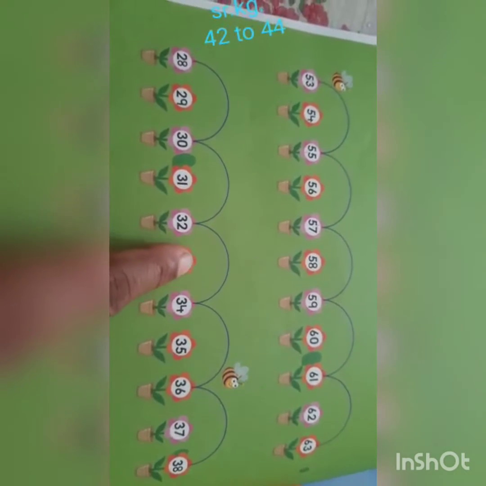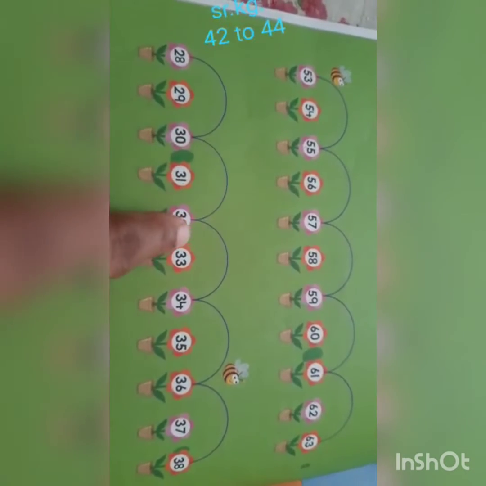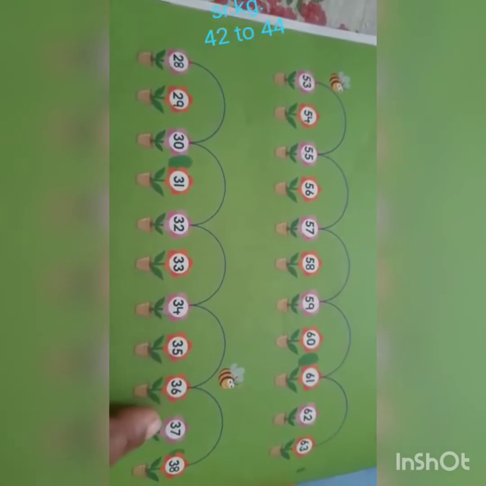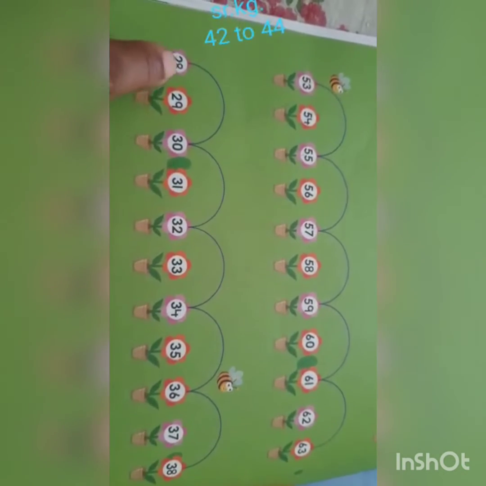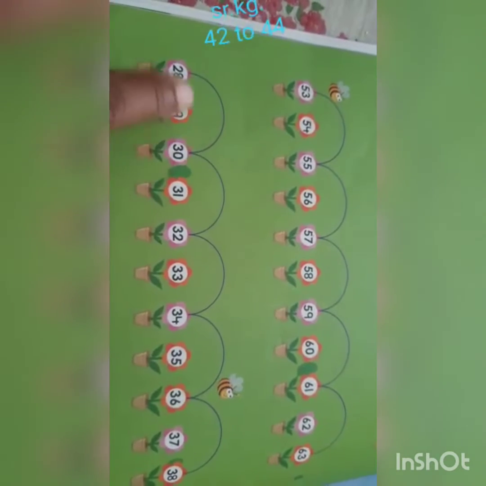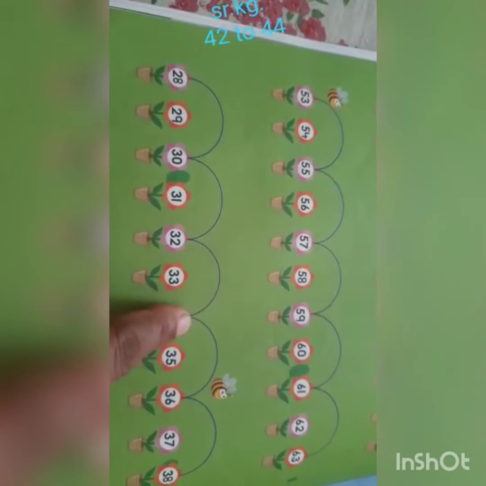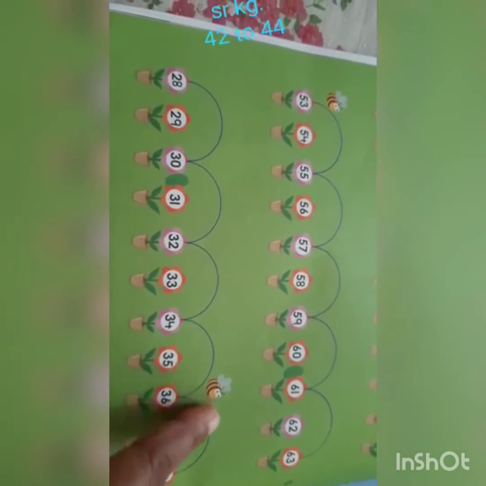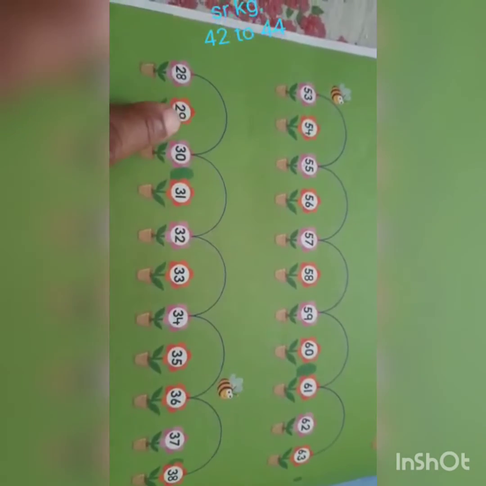Just like when we are jumping from here to here, leaving this place, from here to here. Suppose these red colors are the puddles. So you are skipping the puddles. So skip one puddle, skip one puddle, skip one puddle, means you are skipping on the next number. You are leaving this number and you are skipping on the next number. Understand?